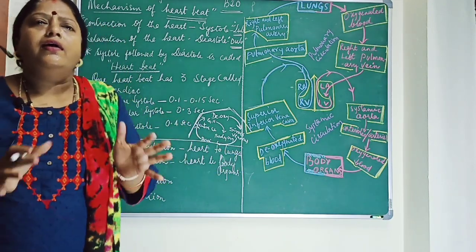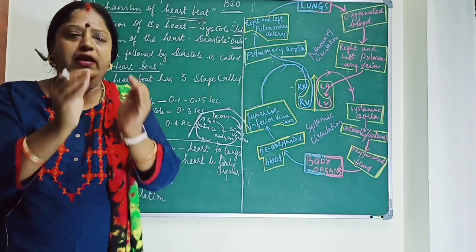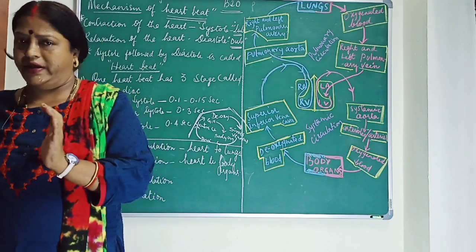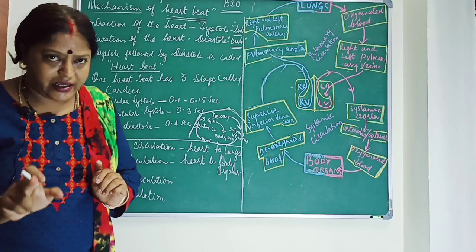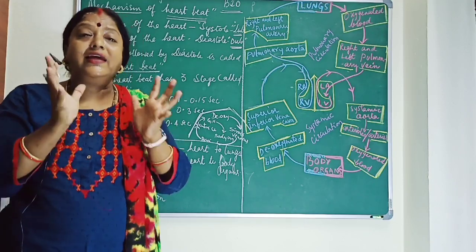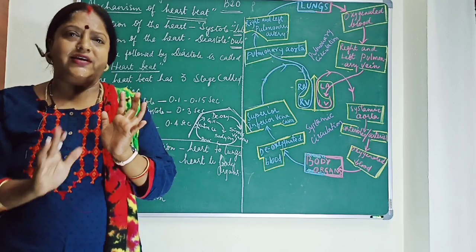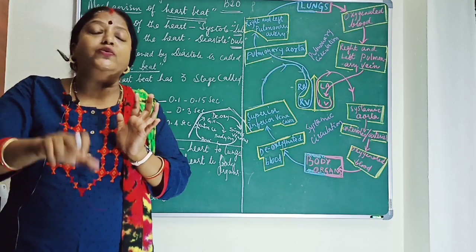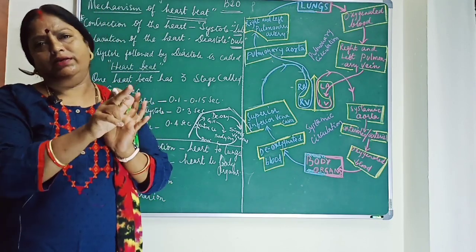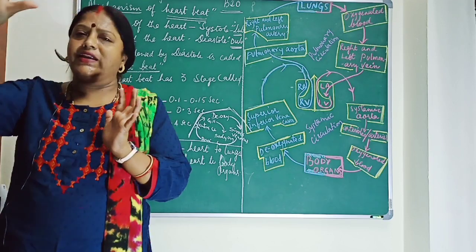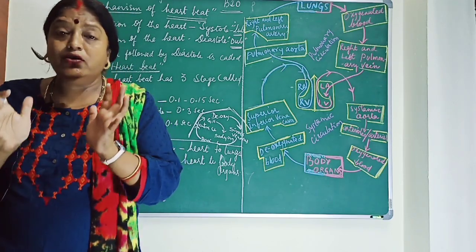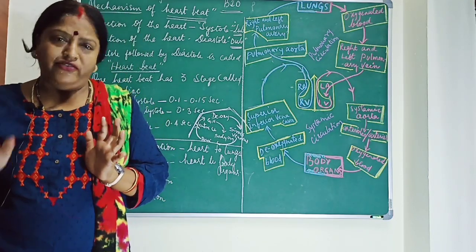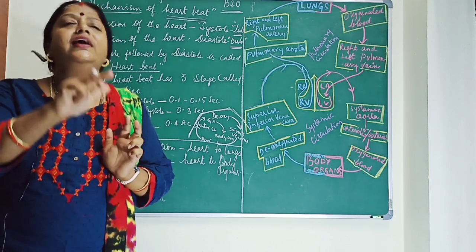So now I will tell you, the deoxygenated blood is collected in a muscular chamber that is called sinus venosus. Okay, from the sinus venosus it goes to the auricles. From the auricles it goes to the ventricles. From the ventricle it goes to the gills, and in the gills oxygenation of blood takes place. That is, oxygen is supplied and carbon dioxide is removed. And from the gills it is supplied to all the body organs. Okay. Again the deoxygenated blood is collected in the sinus venosus. Okay. So this is how the blood passes only once through the heart in fishes. Okay. So that is called single circulation.